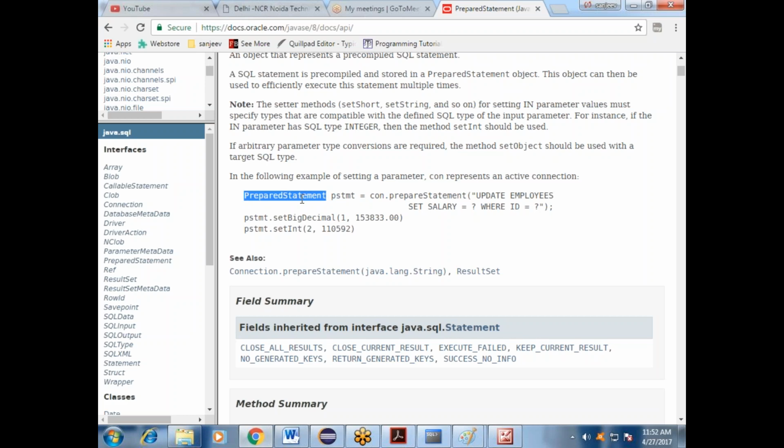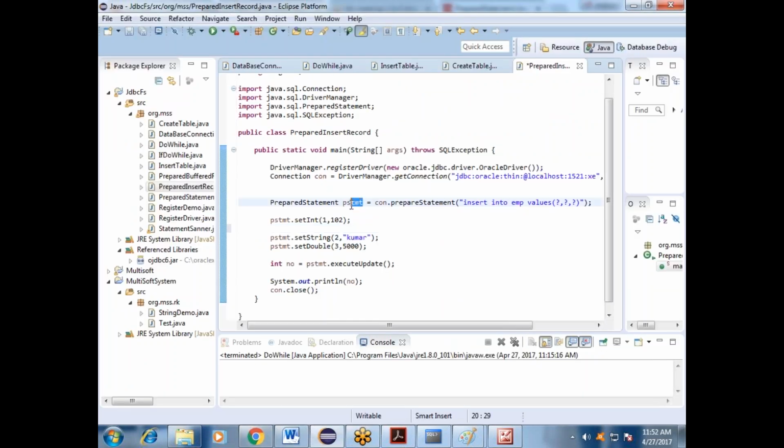Suppose you use a small p, this will take more space compared to PSTMT. Otherwise, another developer will also understand that PSTMT means prepared statement, a short reference variable. So you have no need to change that.